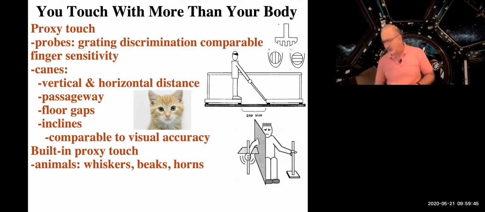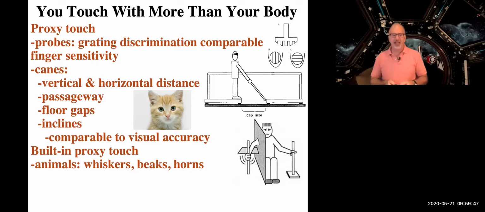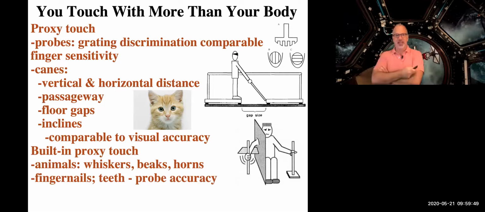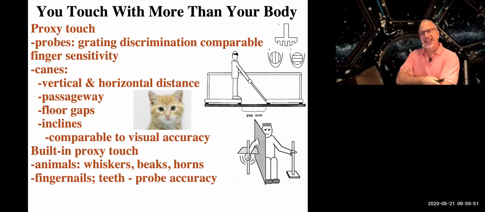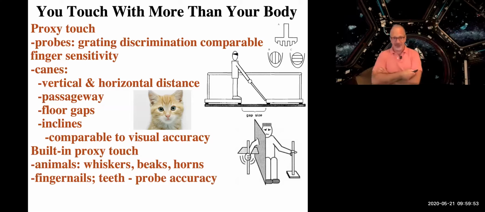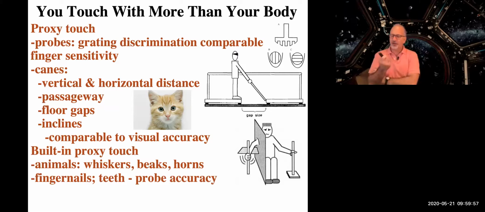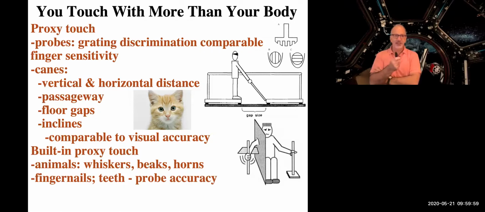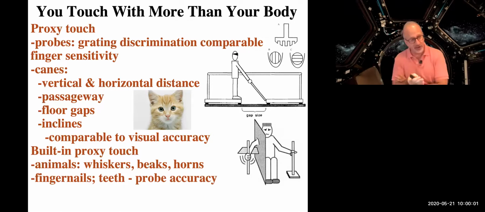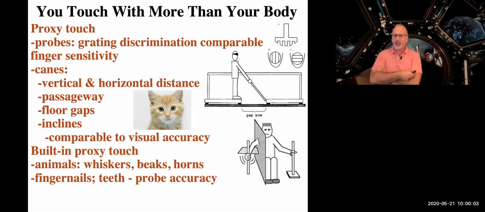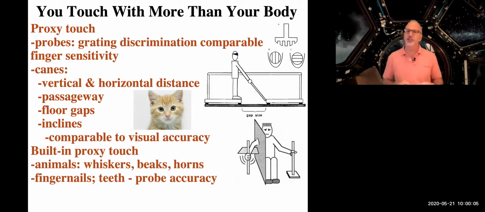Okay, what else? Do we have any of these things? And I would suggest yes, as would a lot of scientists, that our fingernails can actually be used for proxy touch. Now, this is something that if you've ever done woodworking, you might know, especially fine woodworking, where you're really trying to make something that looks good.